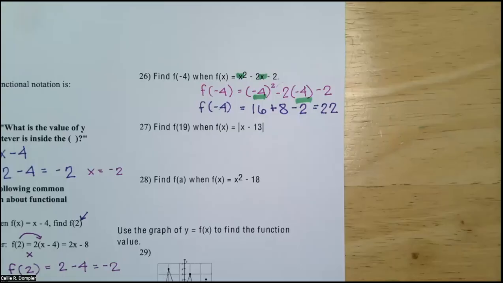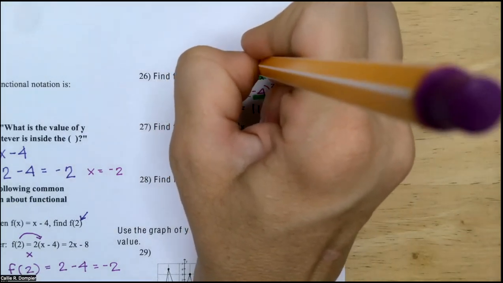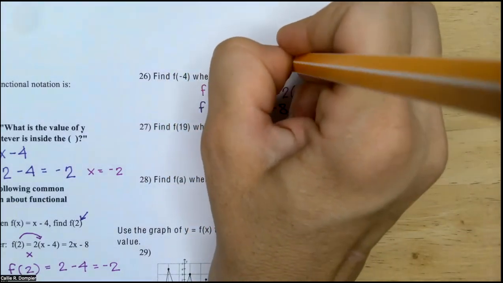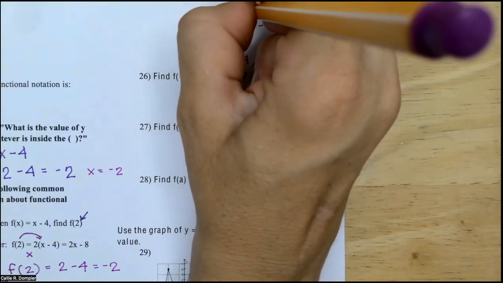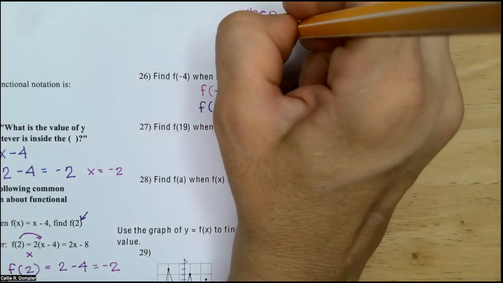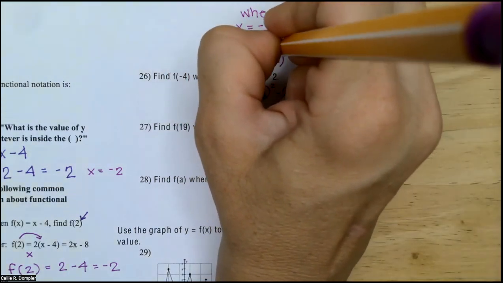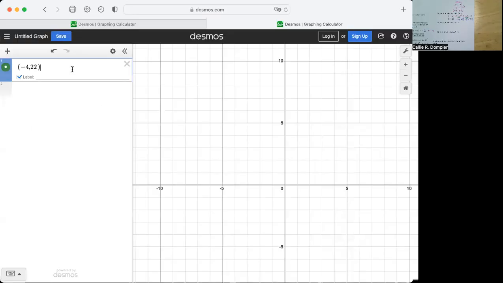f of -4 equals 22 means I think that the point -4x, 22y, I think that when x is -4, y equals 22. So I believe -4, 22 is a point on that graph, because when x is -4, y will always be 22. So I've labeled the point -4, 22